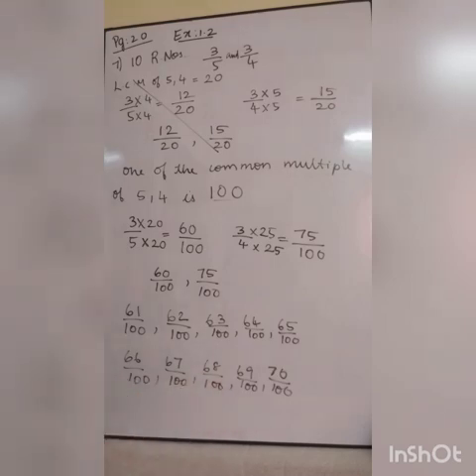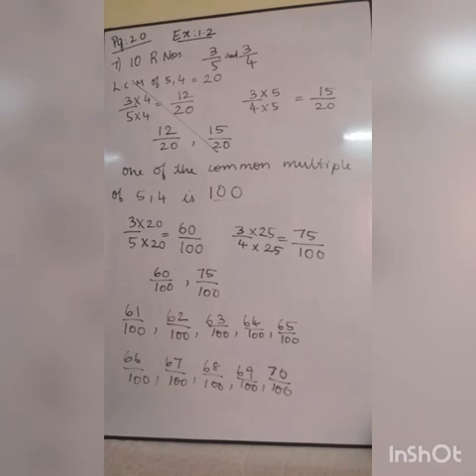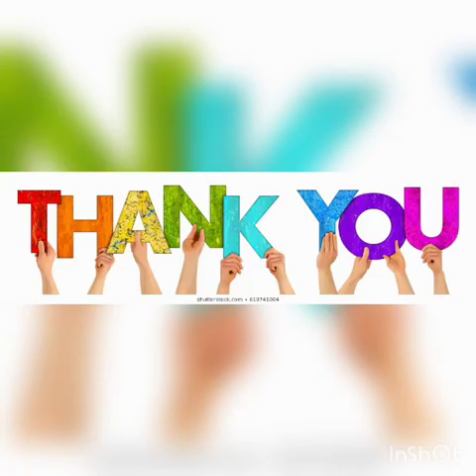Understood, children? This is the end of your chapter 1. You should get a clear idea about rational numbers and how to do operations on them. Today in class we discussed exercise 1.2 fully, the last exercise in chapter 1. Today you have to recall everything from the first page till exercise 1.2, so you can get a clear idea about rational numbers and what problems we can do with them. Okay children, I hope you all understood. Thank you.